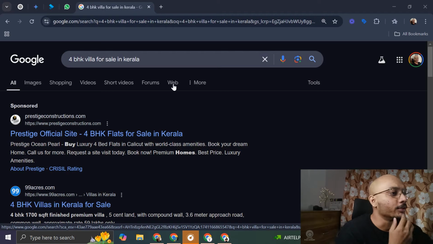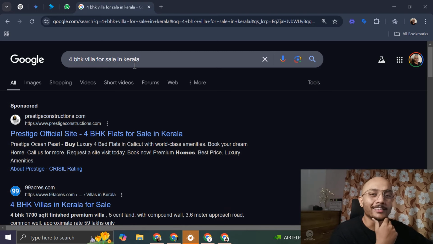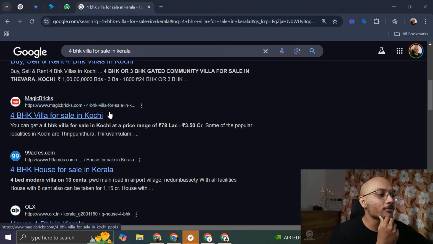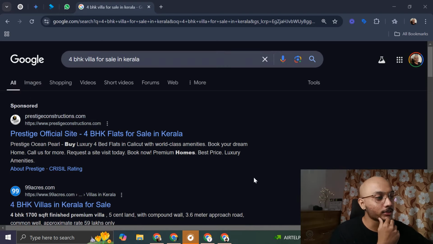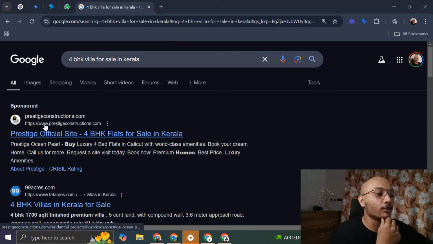Now, here's an example. So, I searched for 4 BHK villa for sale in Kerala, and as you can see, there are a lot of search results coming. There's one particular search result with a title called sponsored. Now, this is a search ad. Now, suppose you were